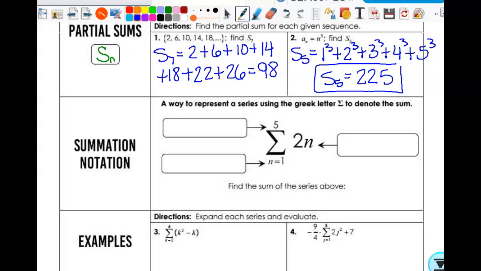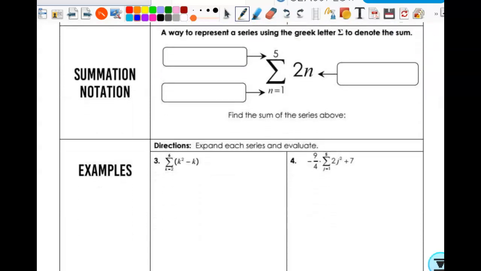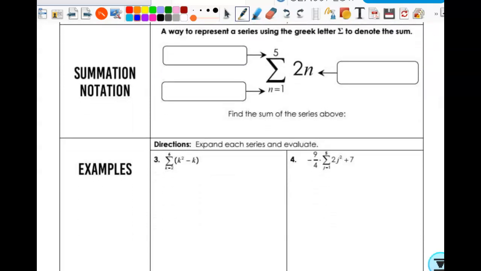Now, that can get a bit tedious, right? If I want the sum of the first 100 terms, I don't want to have to list them all out. So we have some notation, we have some rules. We're going to still keep listing them out, but I'm going to show you the notation first, and then we'll get to the rules. But a way to represent a series using the Greek letter,